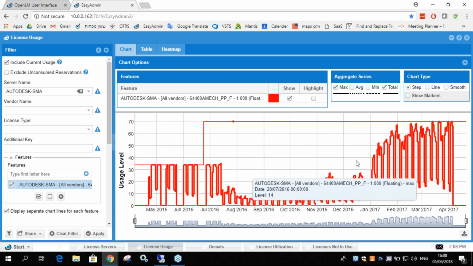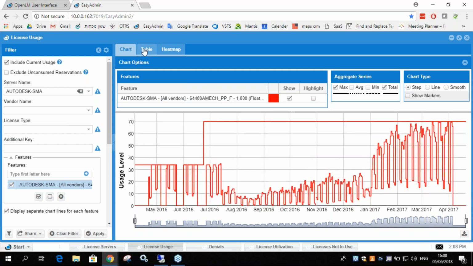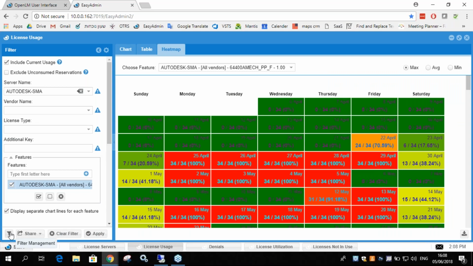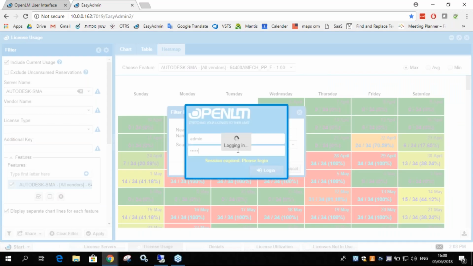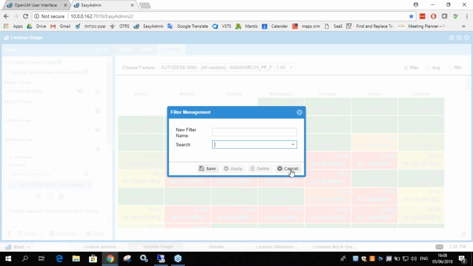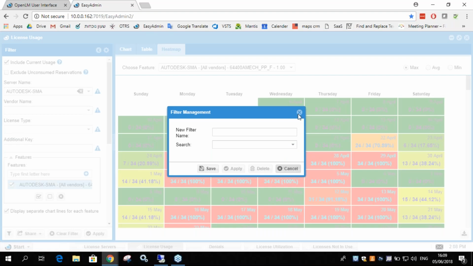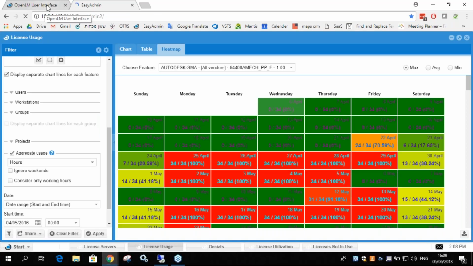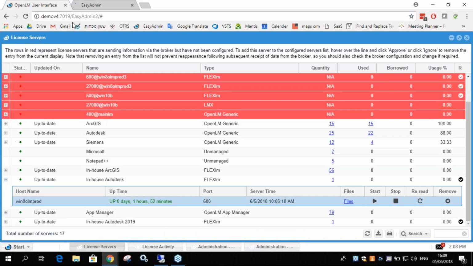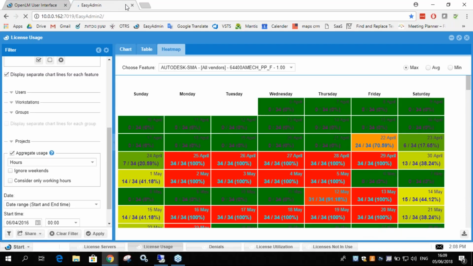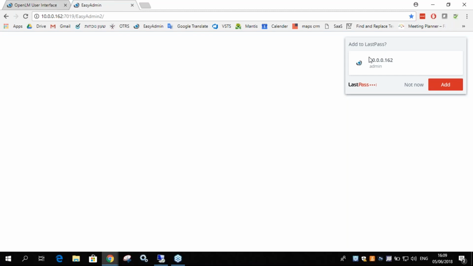So this can be seen as a chart, as you see here, as a table, but also as a heat map. So here you can see a heat map of the full week during the month. But let's say that we want to see a different heat map. One moment, let's just refresh that. Let's say that we want to see a heat map per days. So we'll just let it load. Meanwhile,